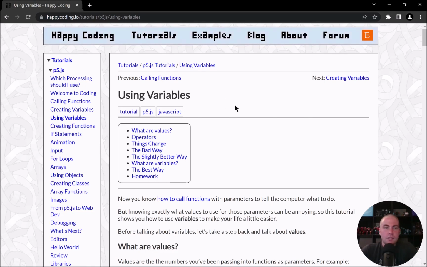So in the last video, or the last tutorial, you learned about calling functions and what P5.js is. You got your editor set up and all that good stuff. So far you've created your own sketch by calling functions and looking stuff up in the reference. This video builds on that and introduces a new concept called variables. I'm going to walk through this written tutorial,